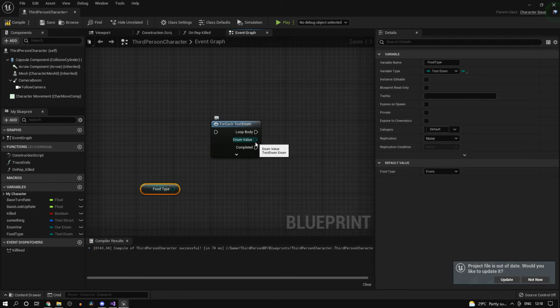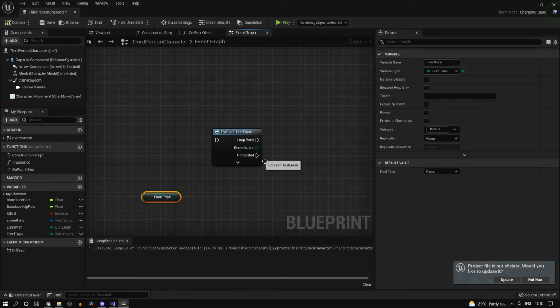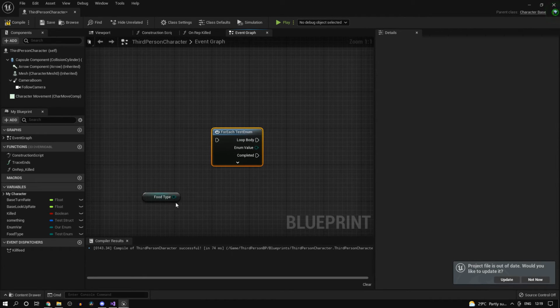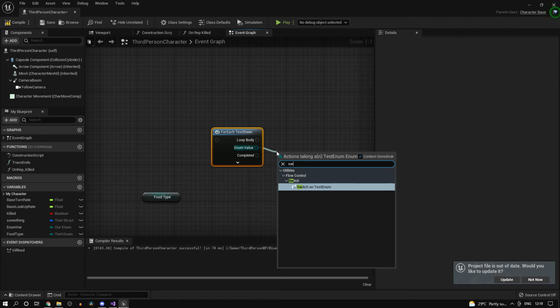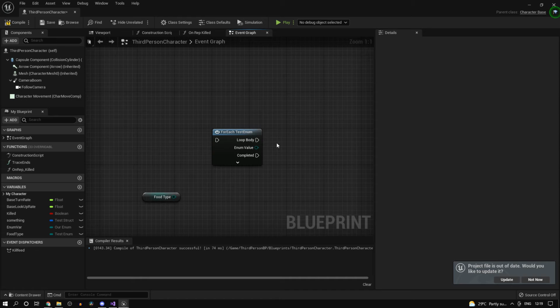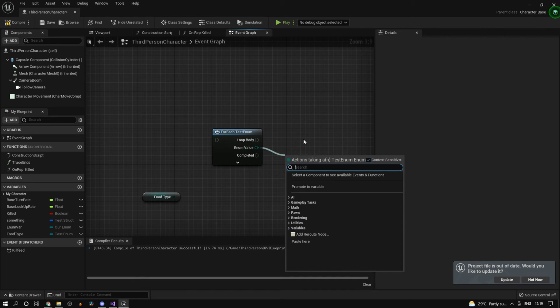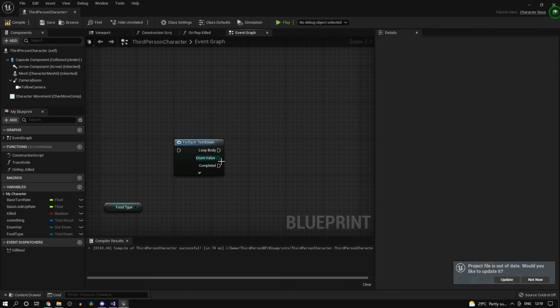So where this will be useful is, let's say you had like a weapon selection menu and you had like a drop down list. So you could have weapon names stored in an enum, and then you could loop through those. So it's pretty easy to retrieve any one of them and maybe like display an icon based on the value. So you could again do a switch, or you could have like a widget. So you could create a widget, expose a variable on spawn and drag this into the widget.